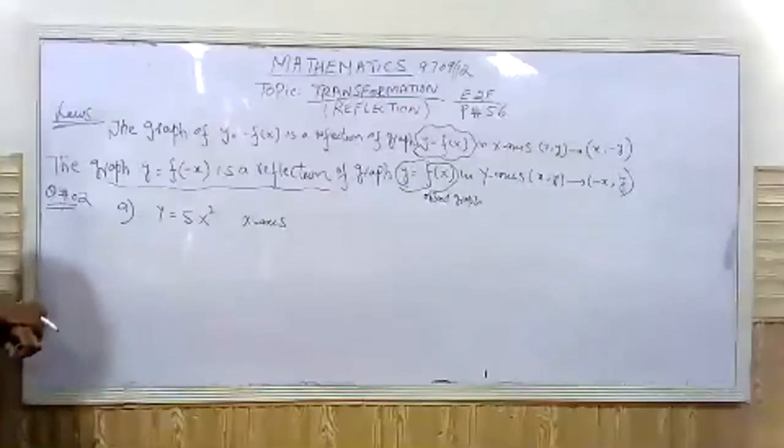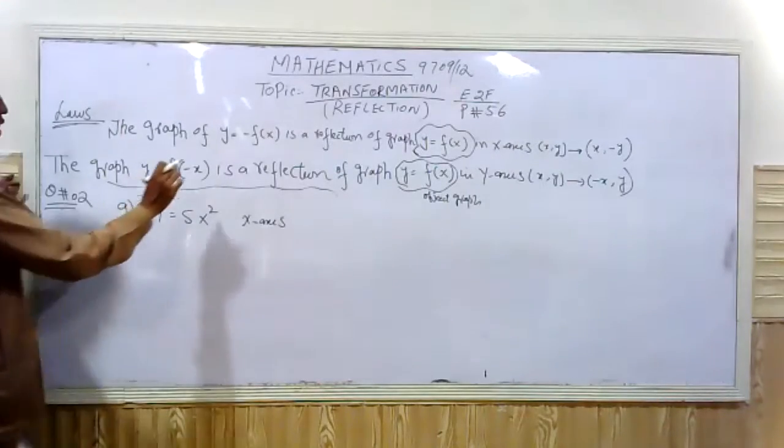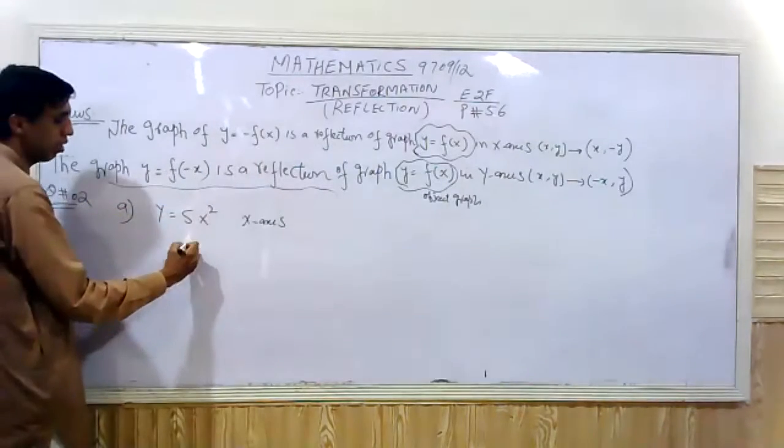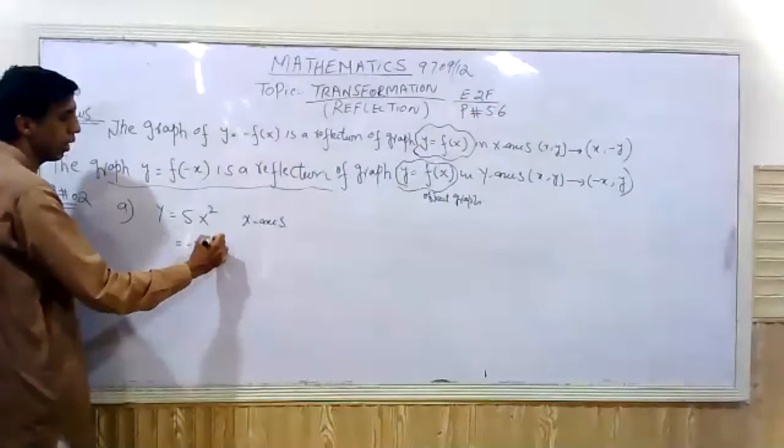The reflection at x-axis, what do we have to write? The answer: the image equation will be minus 5x square. This is the image equation. In my question number 2, the question will be asked,